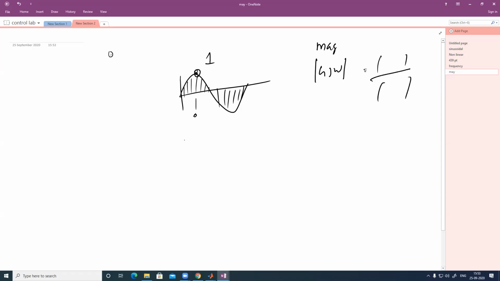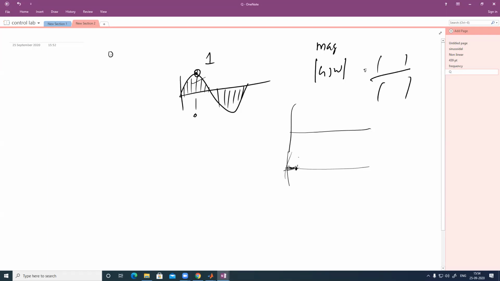So you are taking only the fundamental harmonics. If you apply something, the second harmonics, third harmonics and so on will also be generated, but you are looking for only the fundamental harmonic. From the fundamental, we take the maximum point, and that is our magnitude ratio at that point. And the phase will be at that point, the difference in the zero crossing points.